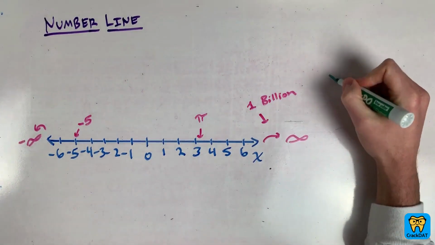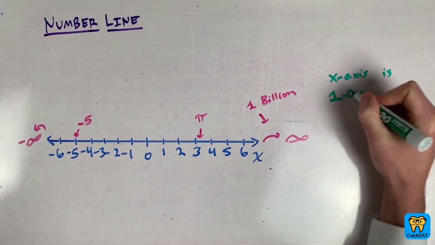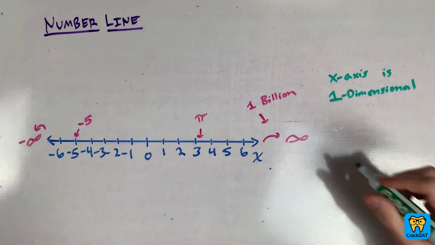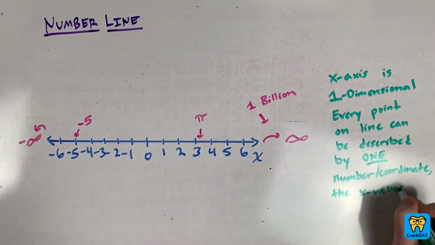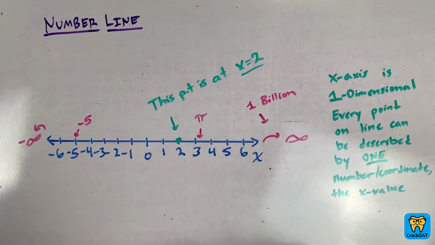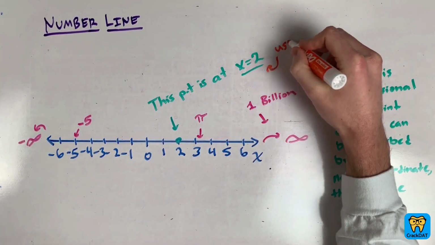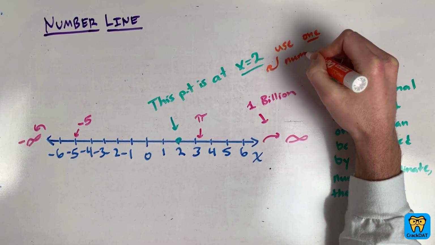We say it's one-dimensional because it only has one dimension, x. If I give you one number, the x-coordinate, you know exactly where you are on the line. So this point, for example, is at x equals 2, and we only need one